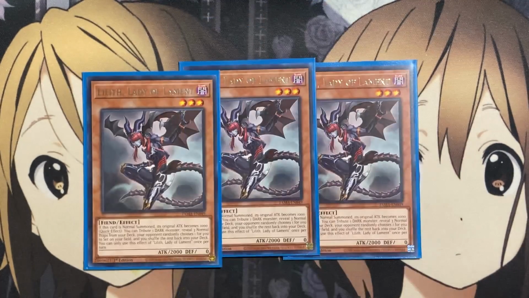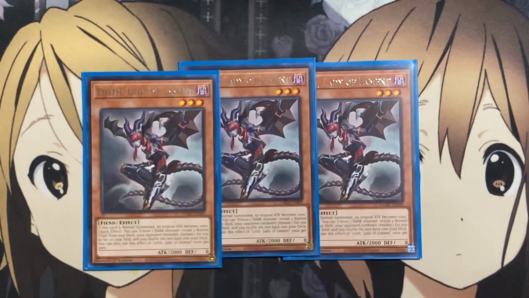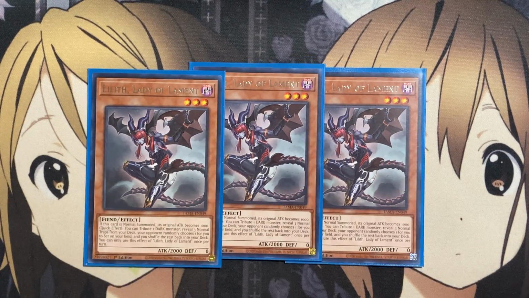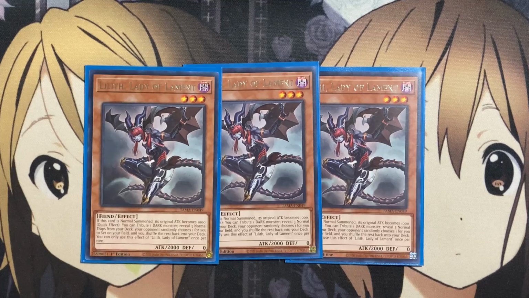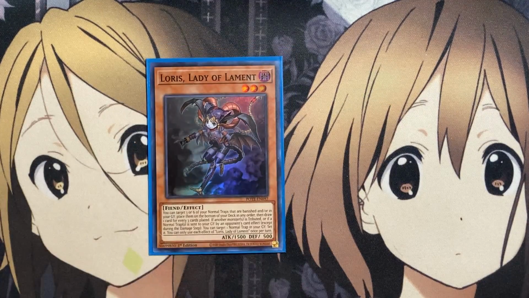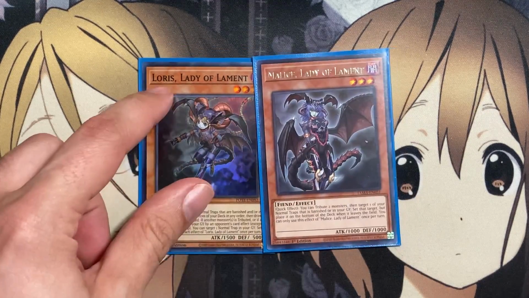But all the traps needed for the majority of our fusion summons are normal traps. That comes in the form of Mirror Force, Crush Card Virus, Ring of Destruction, and the last one being Tyrant Wing. We use all of these cards for the 4 different fusion summons for the Fang of Critias, so the fact that Lilith, Lady of Lament, can search out those cards makes it all the better for us just to be able to add those cards off of this monster. I also run 1 copy of Loris, Lady of Lament, and 1 copy of Malice, Lady of Lament,